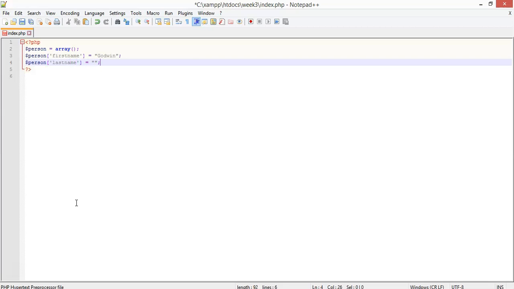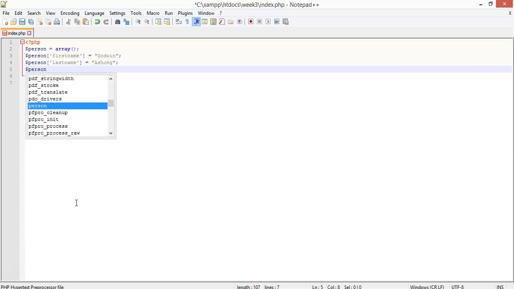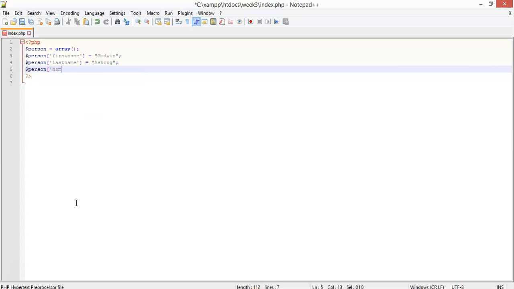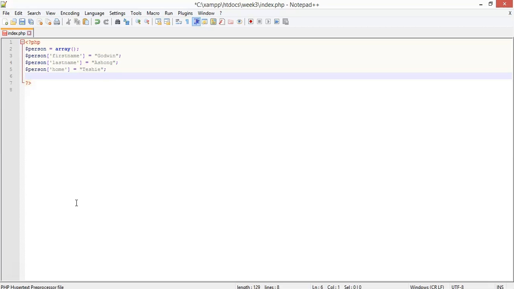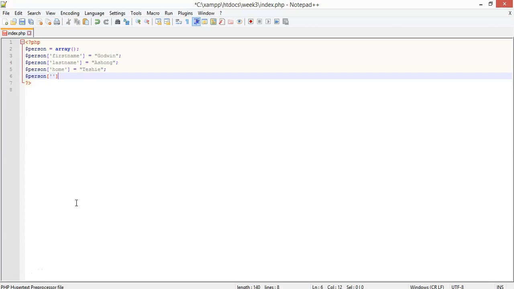You can assign the value nation. Okay. You can have person. You can assign maybe hometown. You can assign the value person. Maybe nationality. It's equal to